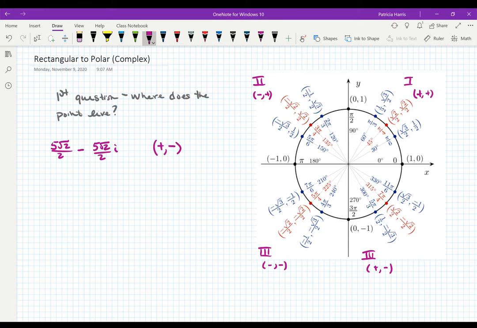So that would put my point somewhere in quadrant 4. Now, when I find the polar form of my complex number, I need to make sure that the angle I'm going to use lives in quadrant 4. So, to review,